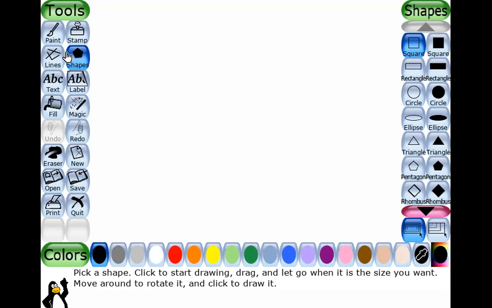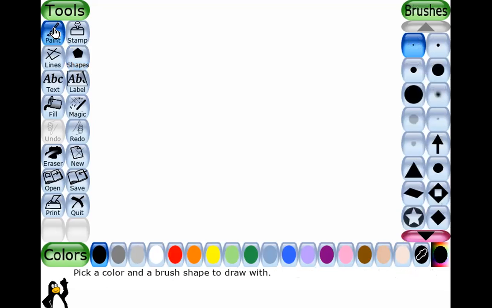Now toolbar. Let us learn and understand some of the tools available in TuxPaint toolbar. Paint. The paint tool is used to make freehand drawing. We can select any brush from the selector and color from colors to make our drawing.